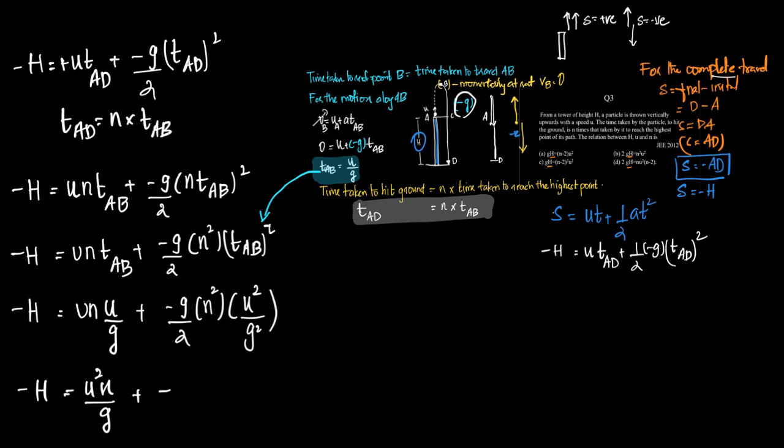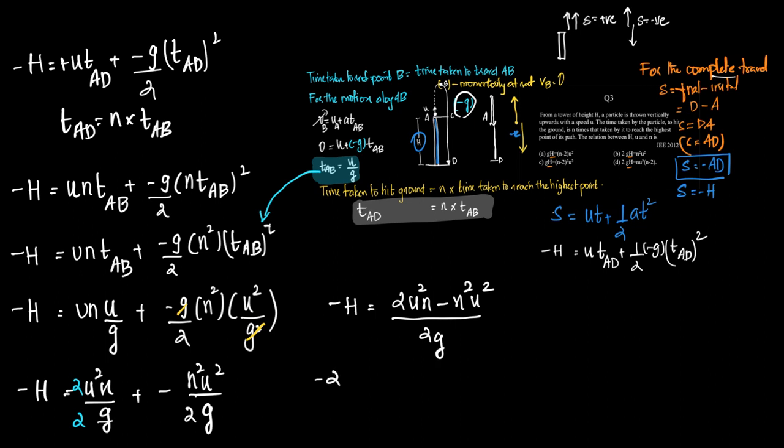So this is further equal to minus H is equal to U square into N by G plus minus, see now G by G square will become G. So what we have in the numerator is N square U square by 2. Now here we have denominator G and we have 2G. So I'll multiply 2 in the numerator and multiply 2 in the denominator to make the denominator common. Then what we get is minus H is equal to 2U square N minus N square U square, the whole upon 2G. If you cross multiply, what we get is minus 2GH is equal to,